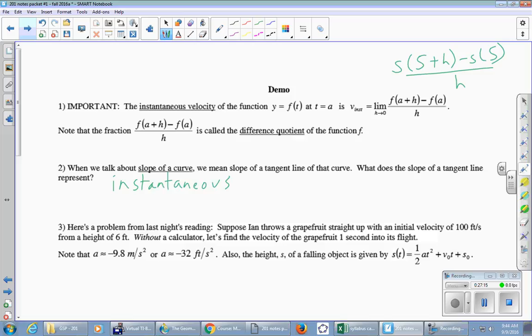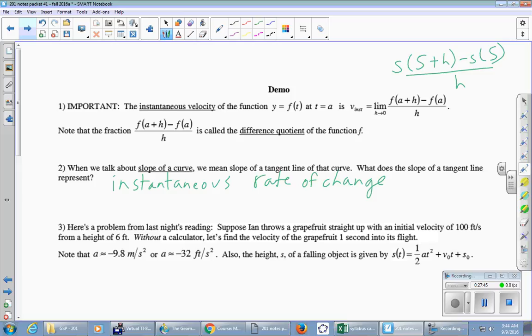Instantaneous what? Velocity, but that was specific to our height problem. In general, it just represents an instantaneous rate of change. It doesn't have to be a change in distance over time. It could be maybe a population of ladybugs, which grows and shrinks. And so you could have the instantaneous rate of change of the population over time. You could have money in your bank account, which hopefully is growing, but sometimes it shrinks, and that has instantaneous